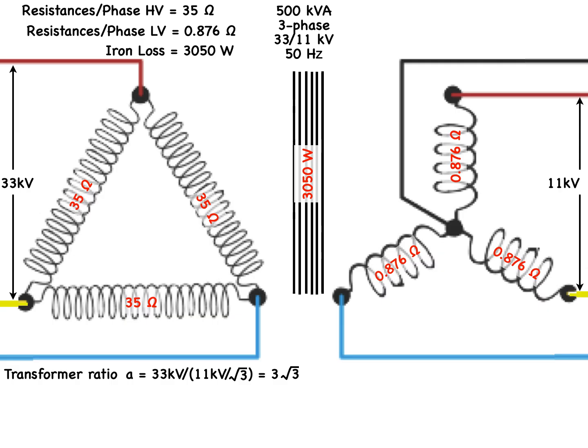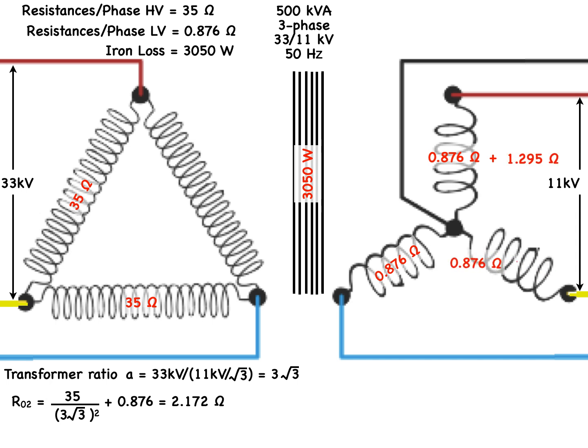The primary per phase resistance referred to the secondary side is 35 divided by (3 times square root of 3) squared, and that equals 1.295 ohms, and is added to the secondary per phase resistance of 0.876, which gives us the total of